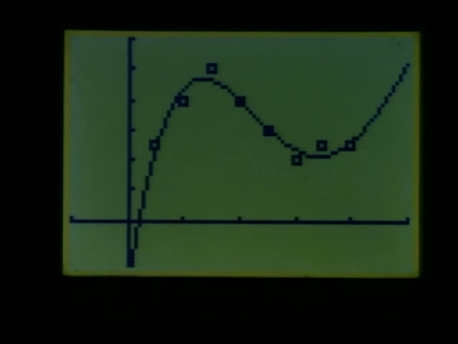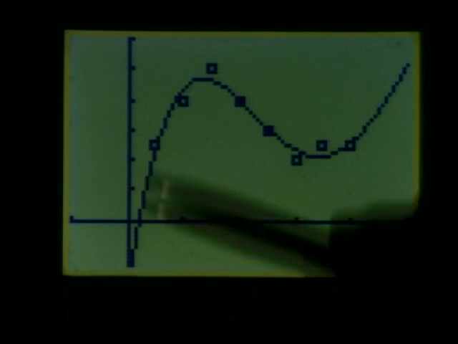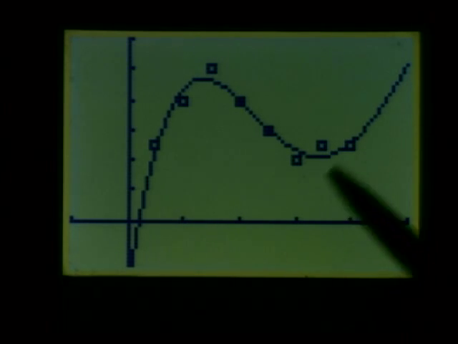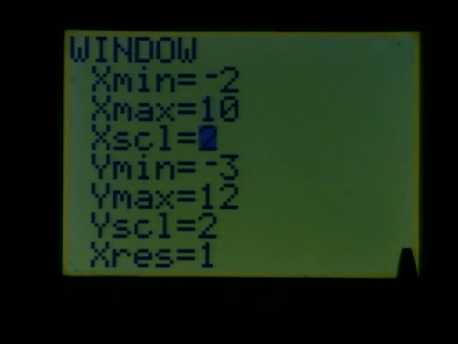Looks like a cubic. Does that look right to you as far as a 4th degree model goes? It's going to go further over. Okay, if this one is dropping down left and this is a 4th degree polynomial, then this thing has to do, it looks to me like it's cubic, but what's going to happen off to the right? Does this show the end behavior? It's going to have to arch over and come back down for it to be an even powered polynomial, a 4th degree polynomial. So how can I see that? I can increase my width on x, and so all I have to do is increase this maybe, why don't I change it to say 20, get out there far enough,